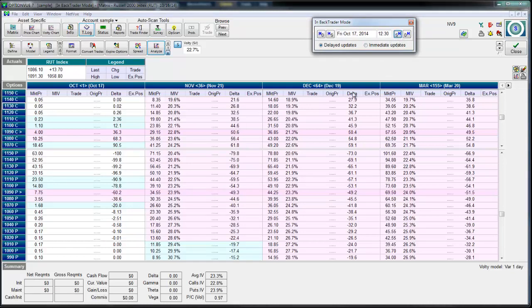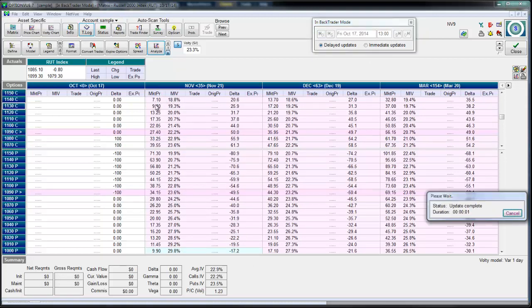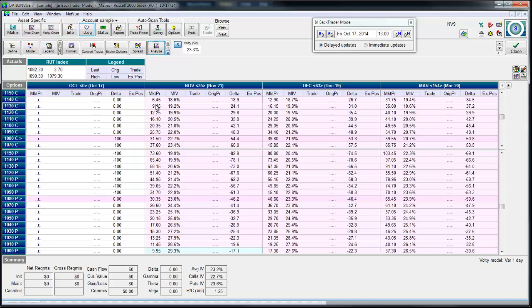And you will notice that you will see the market prices of these options change. And they are really spot on accurate. I mean, they really are. OptionView has done a fantastic job with cleaning and scrubbing and filtering all this data. So if you can trust the data being accurate on the option prices, if you can trust the data being accurate on the